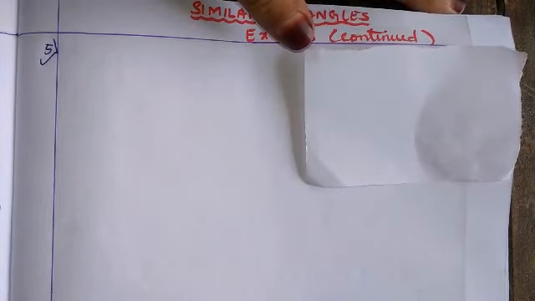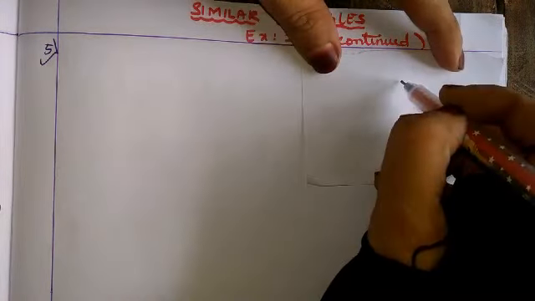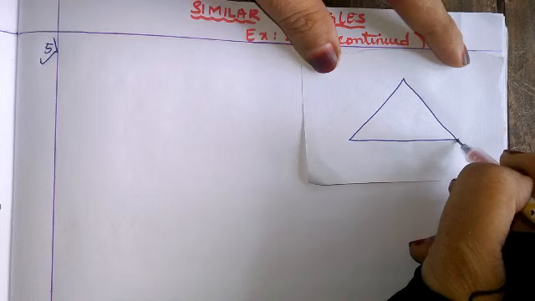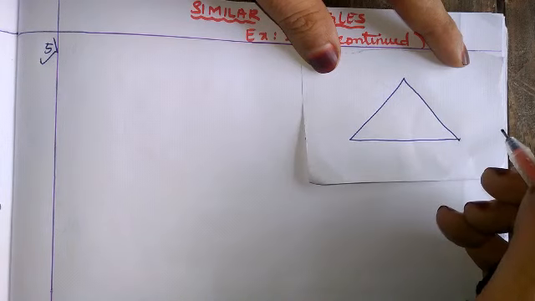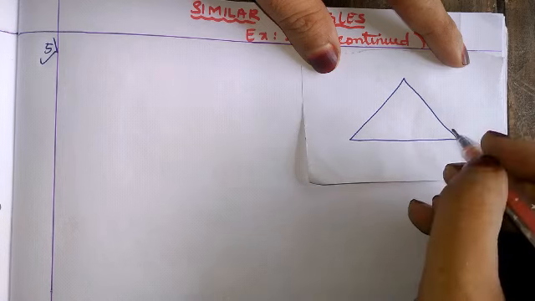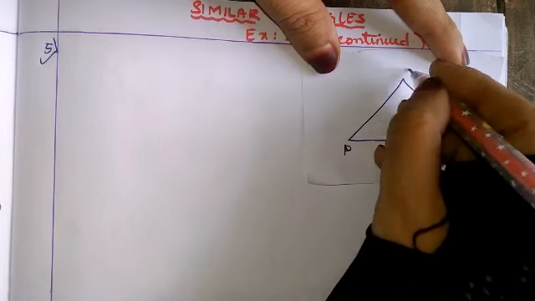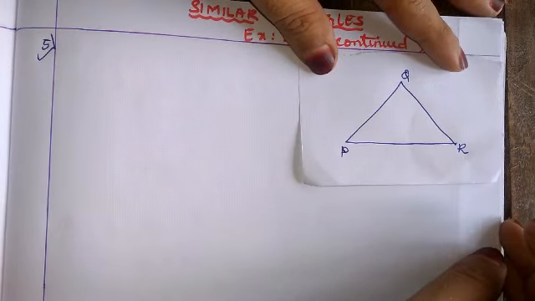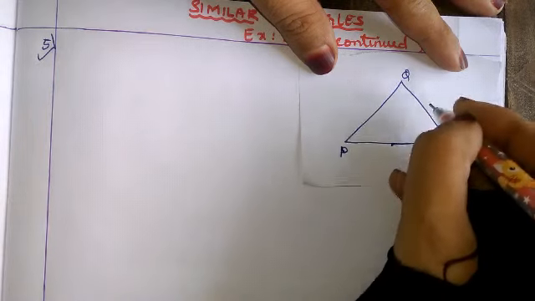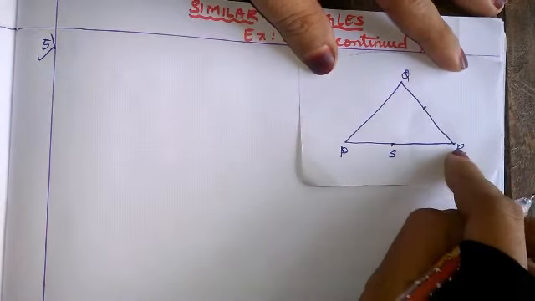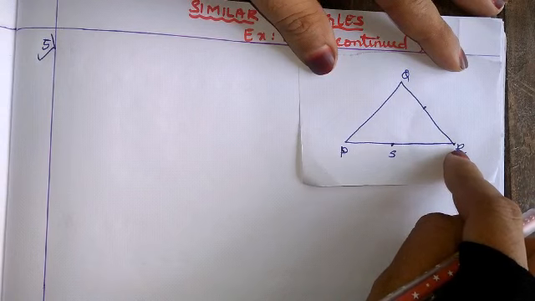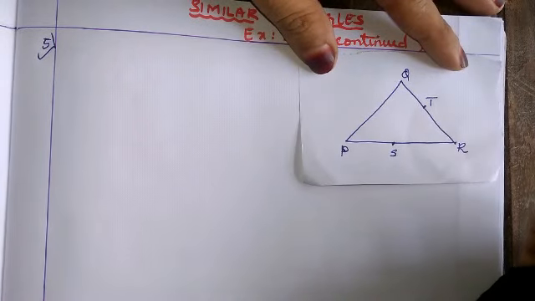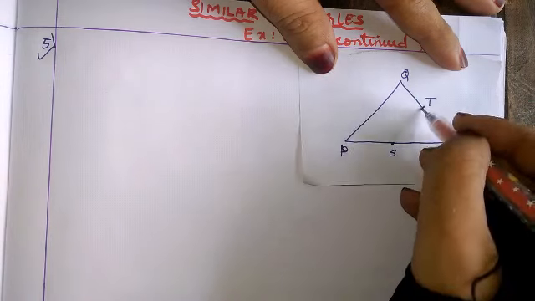They have told, triangle. Let me draw a triangle first. They have told S and T are the points on the sides PR and QR of triangle PQR. So let me draw the triangle PQR. Always use a pencil while drawing the figure. Okay. So mark points S and T, S on PR. They have mentioned it in the question. You can see in the textbook S on PR and T on QR of the triangle PQR. Now let us join this.